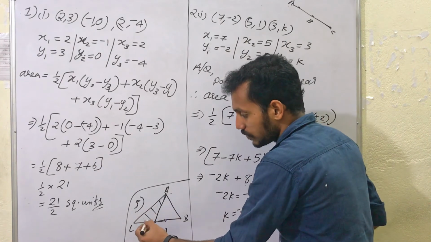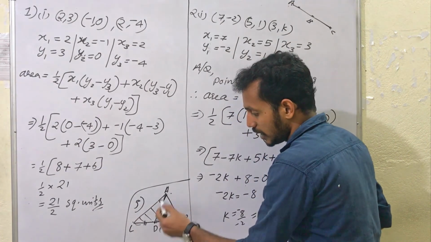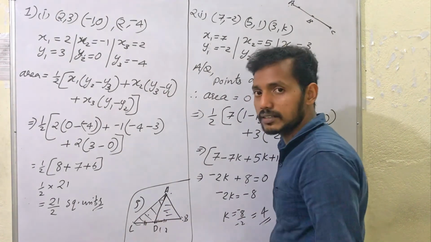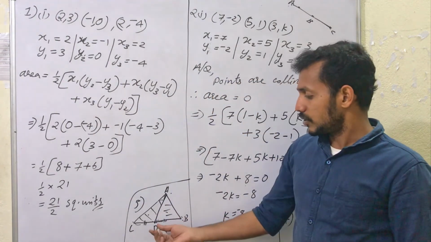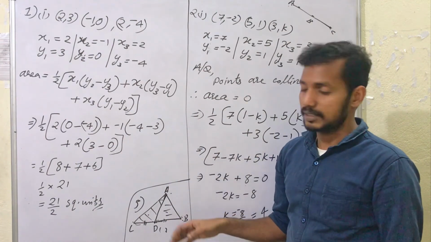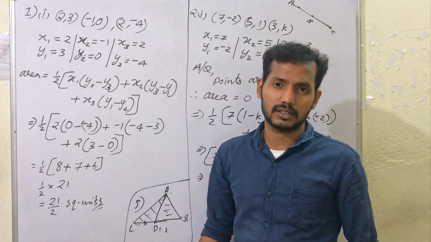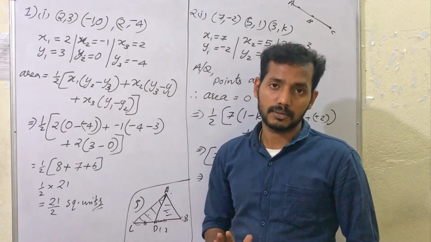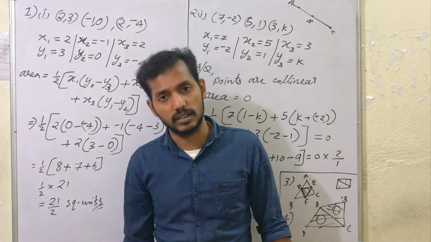Then find the area of this triangle by using these three coordinates. Again find the area of this triangle ABD by using these three coordinates. If they are equal, that is verified. Obviously it will be equal. I already told you that you need to remember the basic concepts of the geometrical part, that is the properties of triangles and the properties of quadrilaterals, so that you can easily solve the questions asked related to the geometrical part. Otherwise you need to remember the formulas which you have learned. Clear?